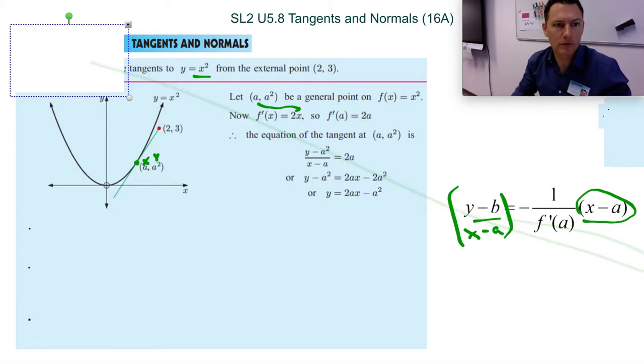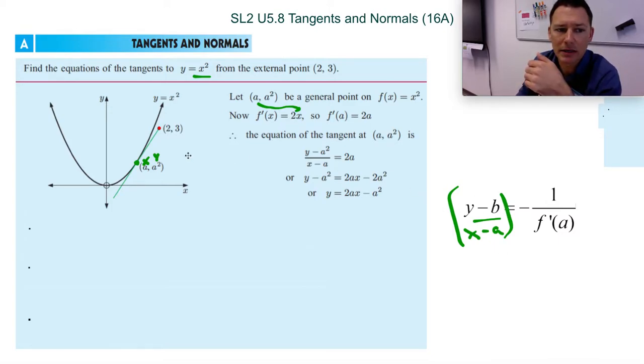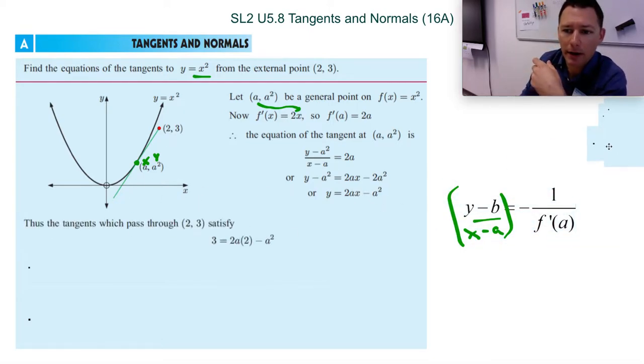So if that freaks you out, you could think about it like that, right? And in this case, b is the y value, it's a squared, and a is just a. So we can plug in what we know, right? We know that the a squared is the y value of the b, and then we rearrange, and there's our equation for the tangent. All right, that's ugly, but